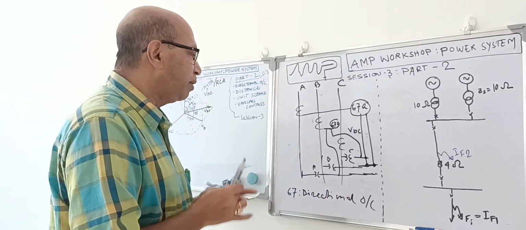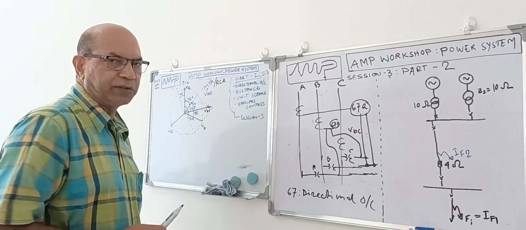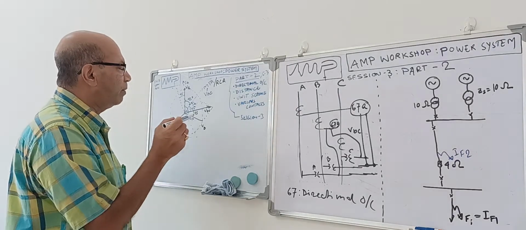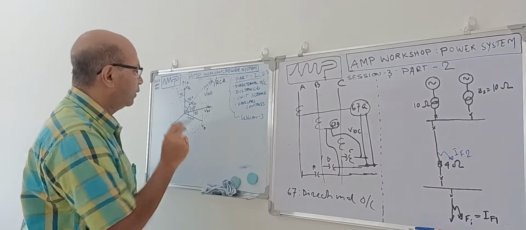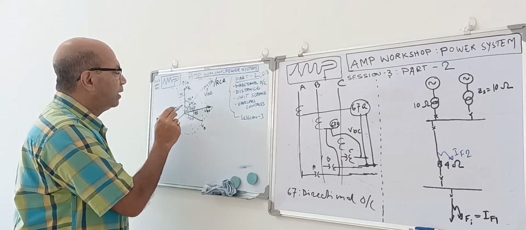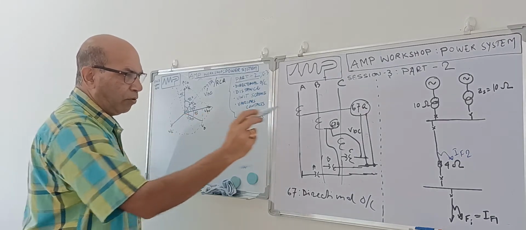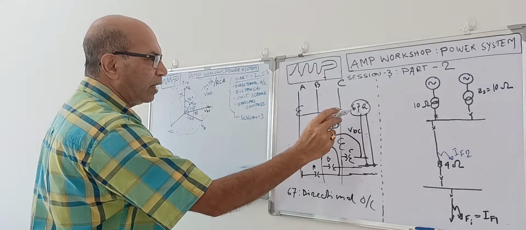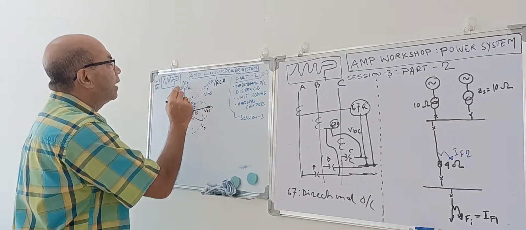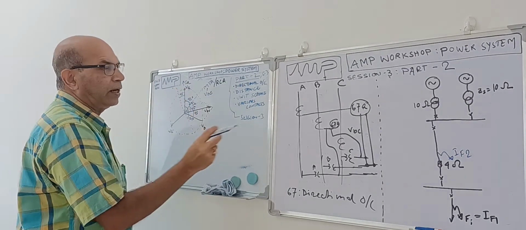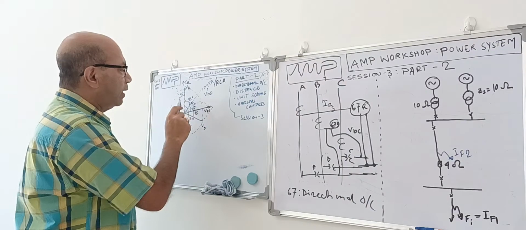To explain it in a better way, I have drawn one vector diagram over here. Suppose this is a three-phase system. We have three-phase voltages VA, VB, VC, that is the secondary PT voltage. It is a balanced condition, the angle between all is 120 degrees. Now, what we are doing here is this element is getting current IA, the A phase current. Suppose this is the IA current I have drawn over here, and the IA current is going to the relay coil.